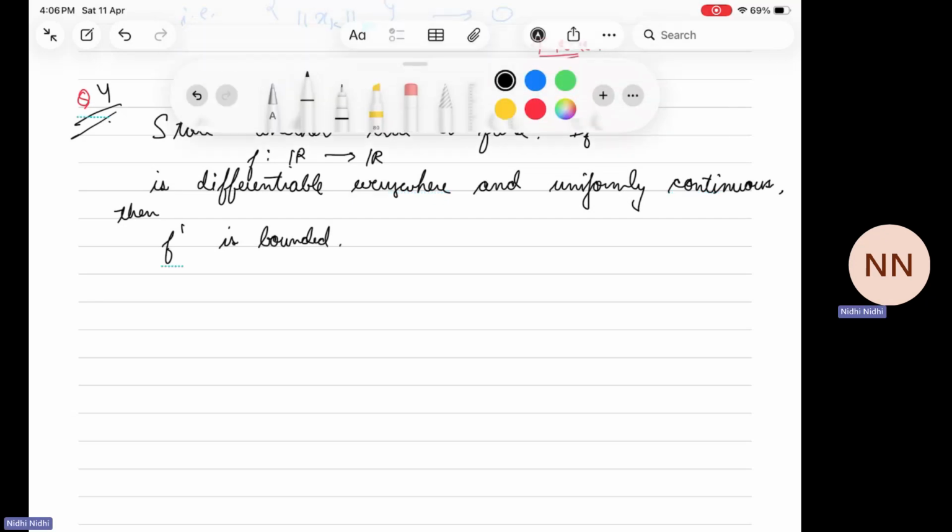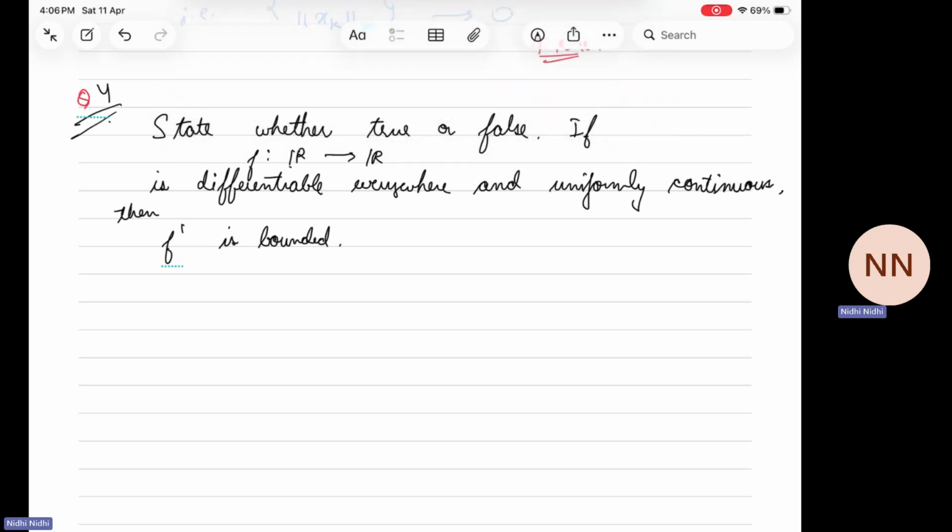They are saying that if we have a function defined on whole space R, if it is differentiable everywhere and uniformly continuous, then the derivative should also be bounded. But in fact, this is not true. For that, I will give you an example, and I would like you to see if this gives us the contradiction. So suppose I take this f(x) to be